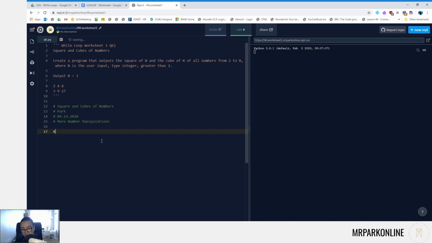Let's get started. Let's start with our input: user input equals input, enter value greater than 2. At this point, you could have written code here to enforce that the input is going to be greater than 2, but we're going to assume that it's going to be greater than 2. Let's do our processing,